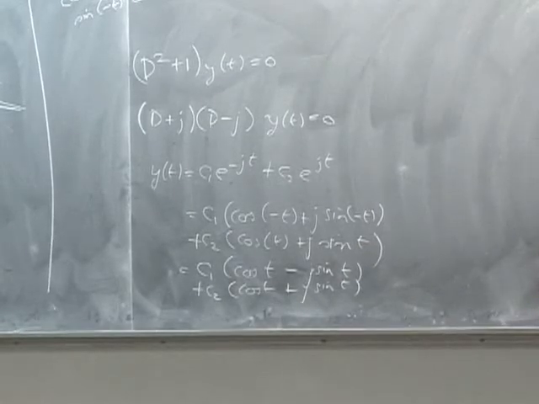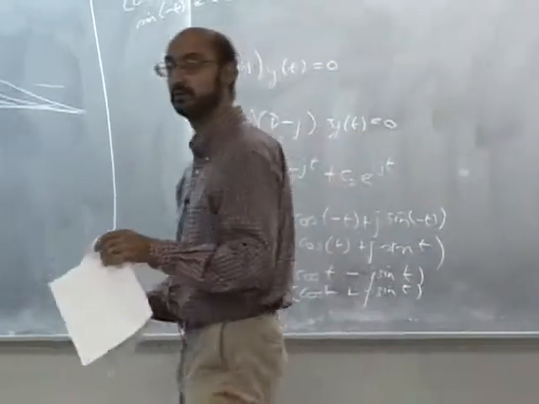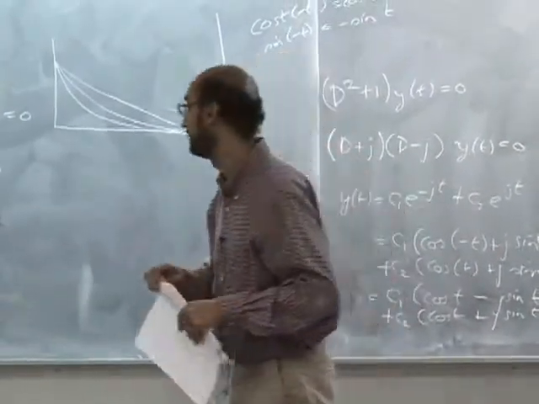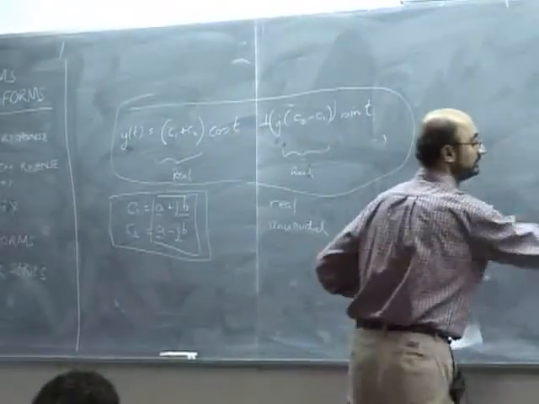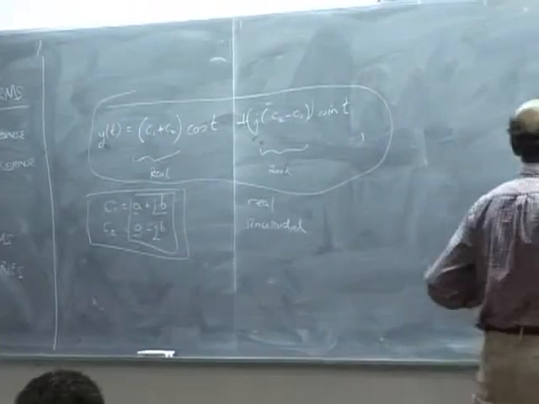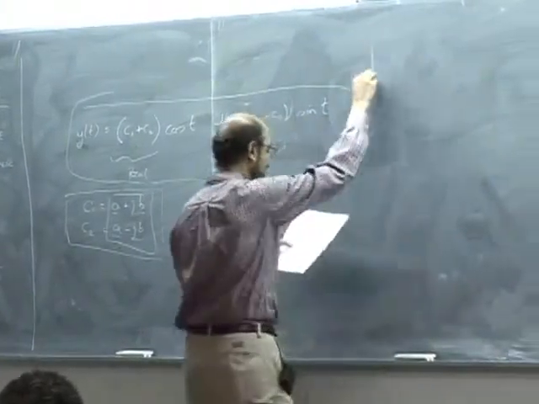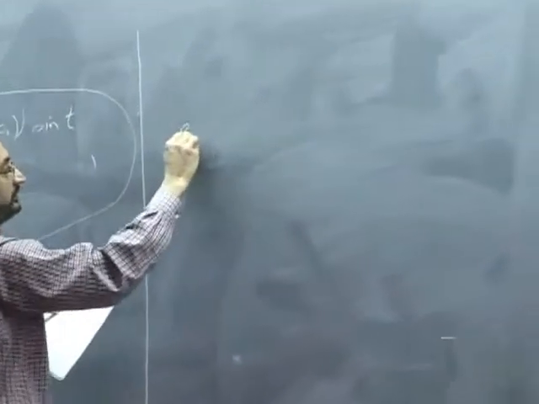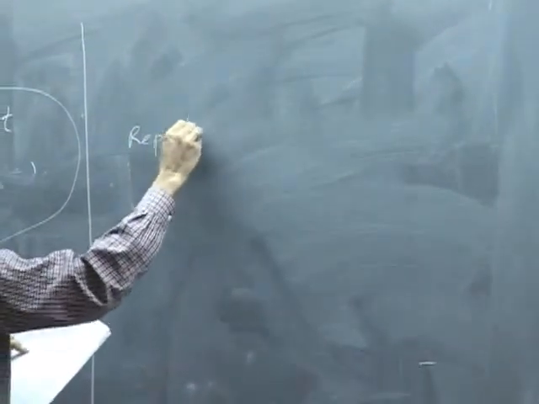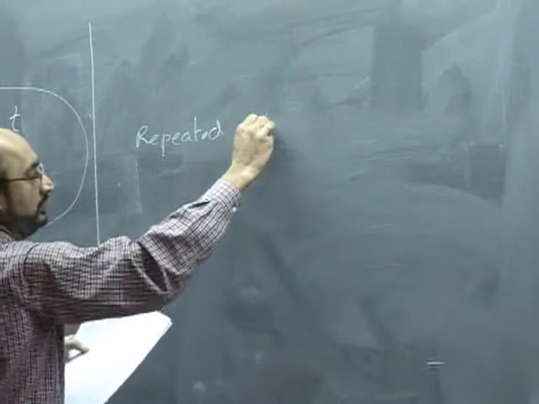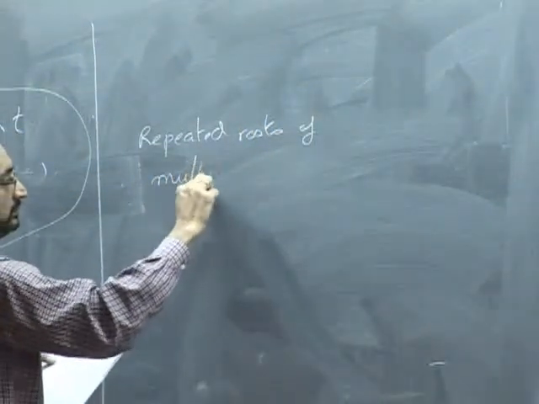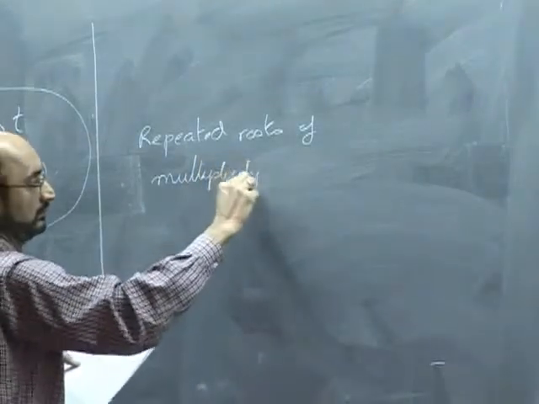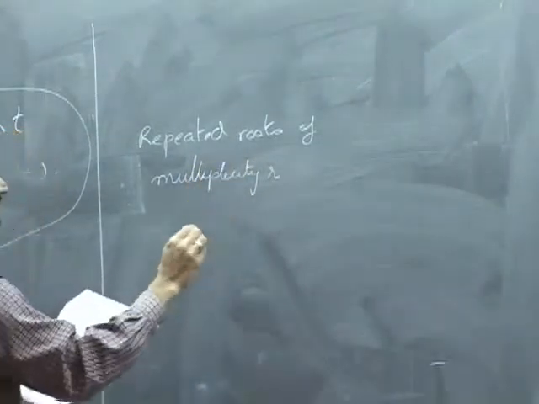Okay, and then the last thing, and I'll take a break, is the repeated roots. I'll just give you the equation for that. If we have repeated roots, because we can have that from the polynomial, roots of multiplicity r, then